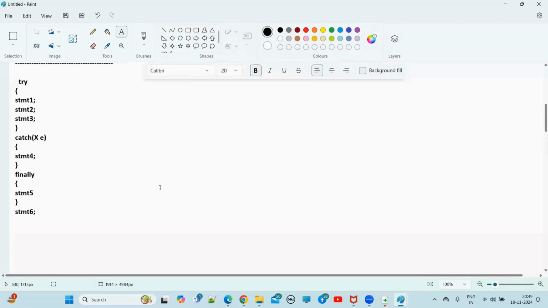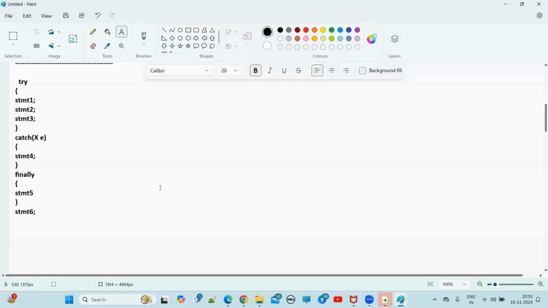Statement 1, statement 4, statement 5. Then abnormal termination. Now, what about statement 6? Statement 6 will come, sir. Statement 6 also. So now, if an exception is raised at statement 2 and corresponding catch block is not matched,